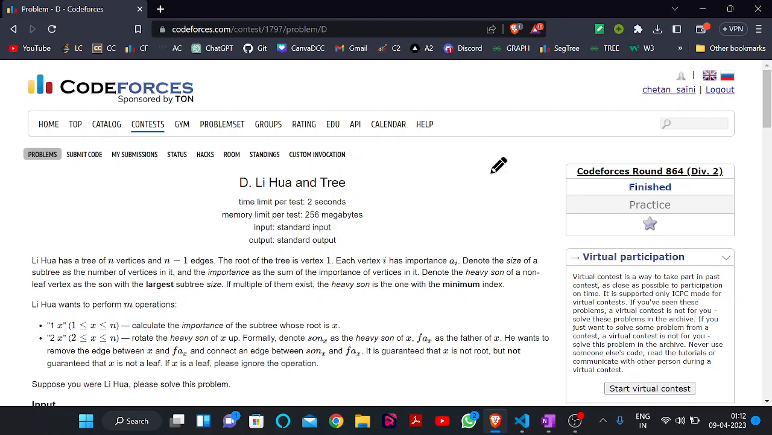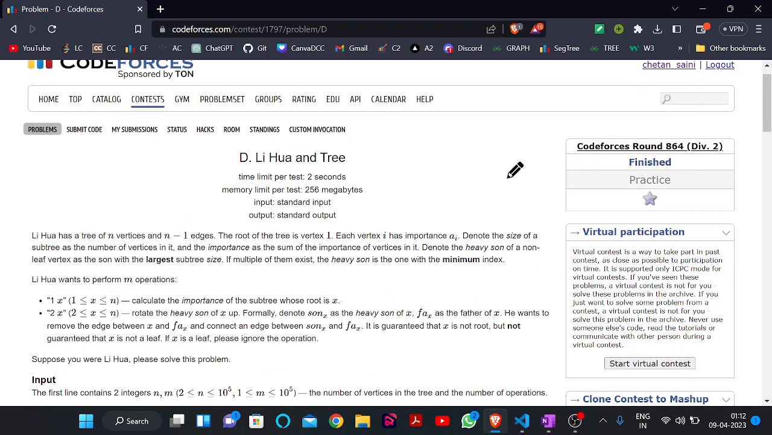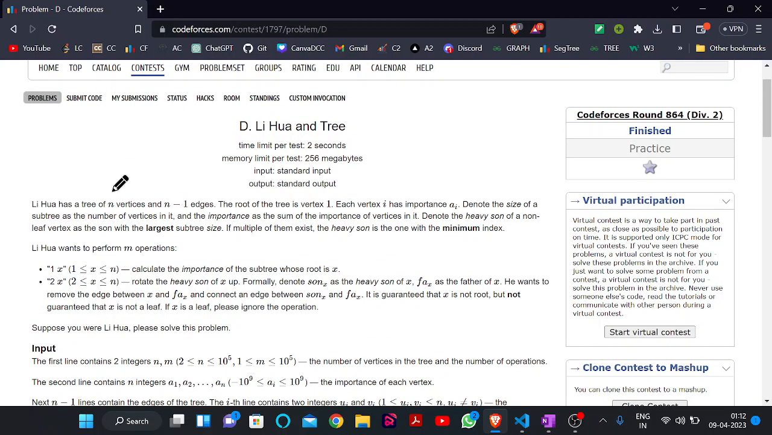Today we are here to discuss problem D of Codeforces Round 864. This problem is a tree problem in which n vertices and n minus 1 edges will be given to us. The root of the tree will be 1 and there are some terms like importance. So for every vertex there will be a particular importance that will be given to us, that is a_i, and